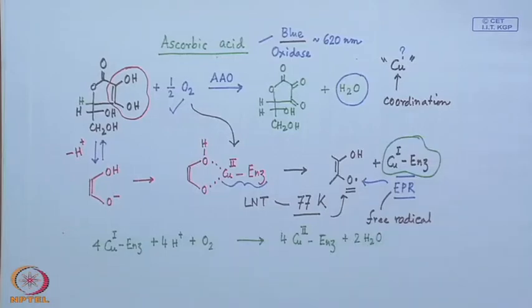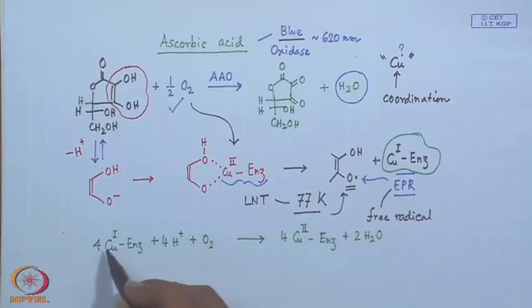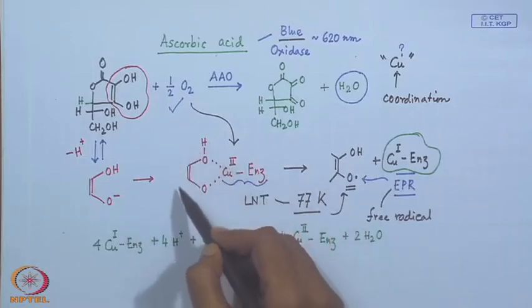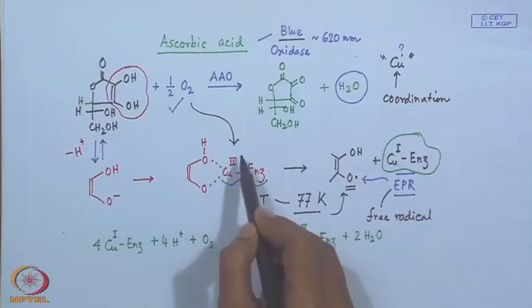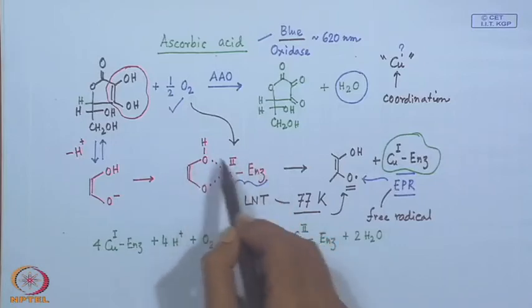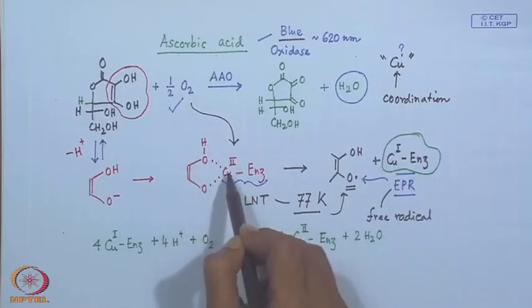So, the dioxygen in this particular case, when the enzyme functions, can be utilized to generate the copper in the +2 oxidation state. That means you are just segregating the parts: your substrate is here, your copper 2 is there and the enzymatic function is there. So, if you think of the electron transfer between your ligand and the metal center, you